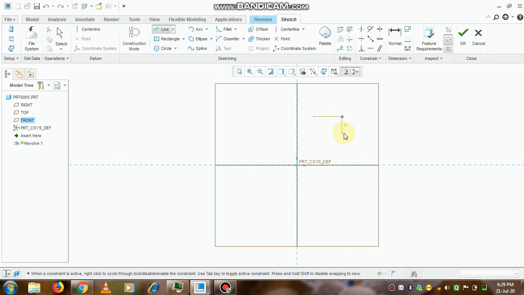So the revolve command is basically used for objects where there is a symmetrical shape about the axis, and we can create only half of the section, and if you use the revolve command it can be created.